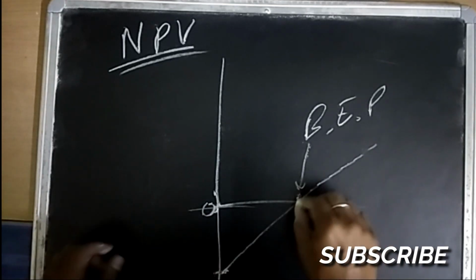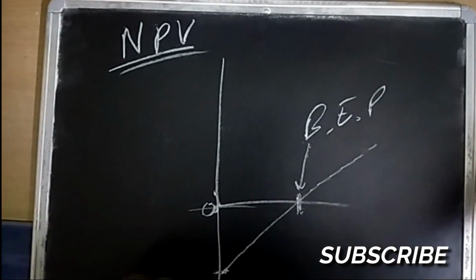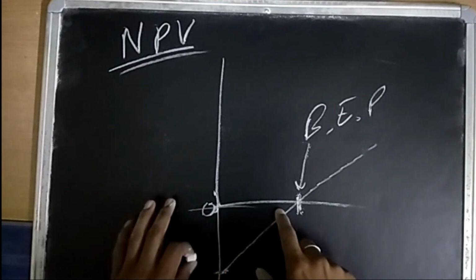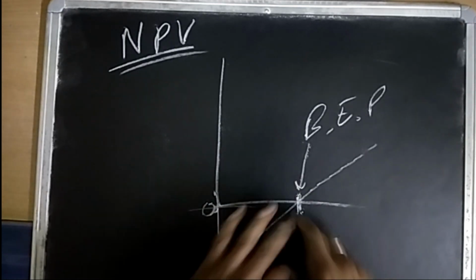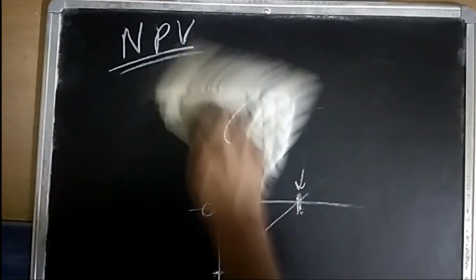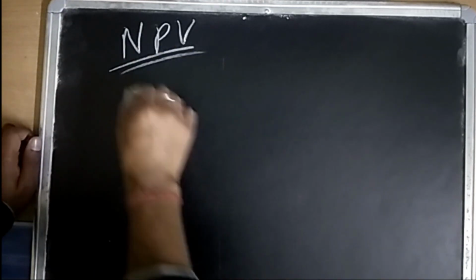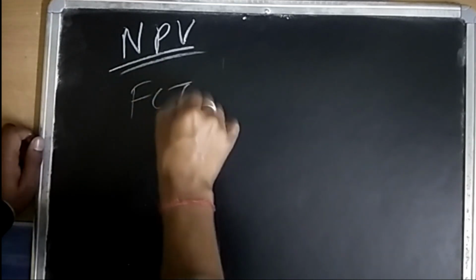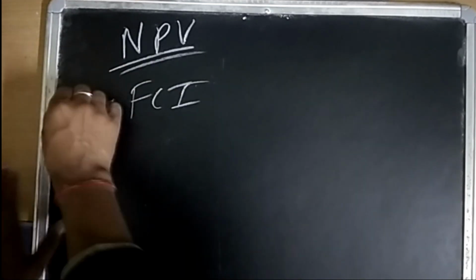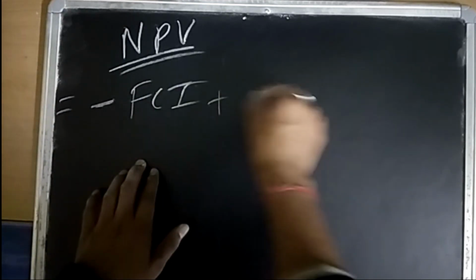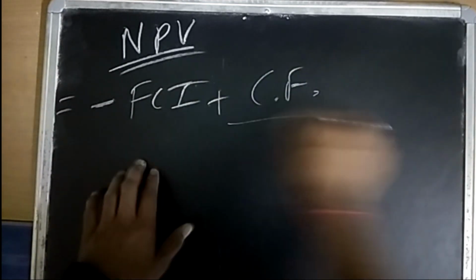It is also the payback period, because whatever we have invested, we repay it back from our profits. So profit is net of that cost plus this. Now, let's talk first about the NPV. So NPV is minus of FCI, because it is invested, plus we have the cash flows, and the cash flows' discounted value,